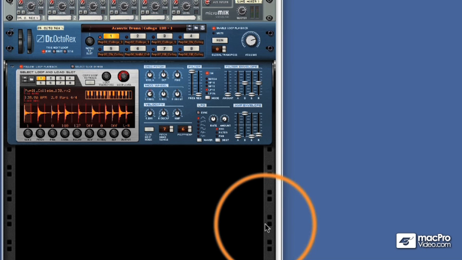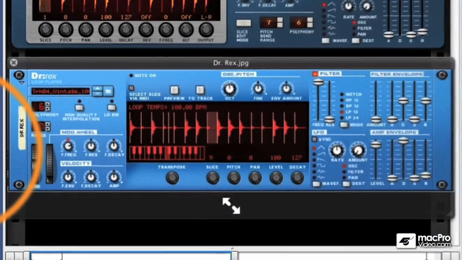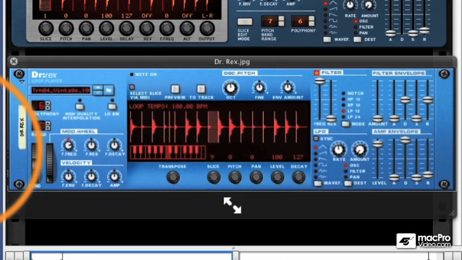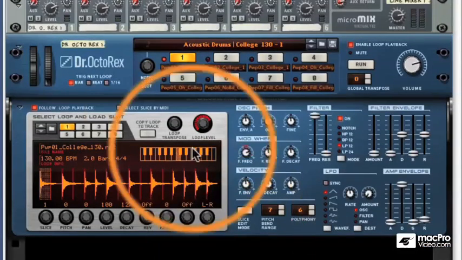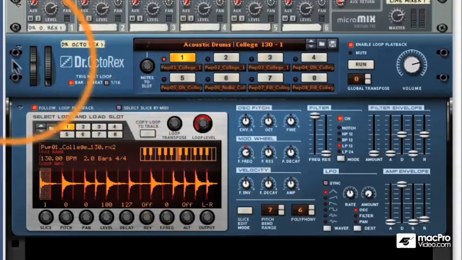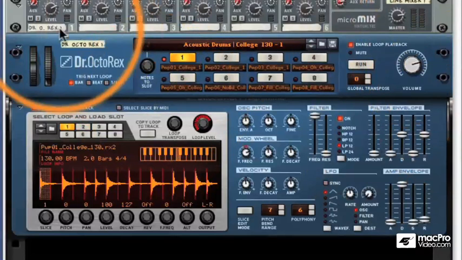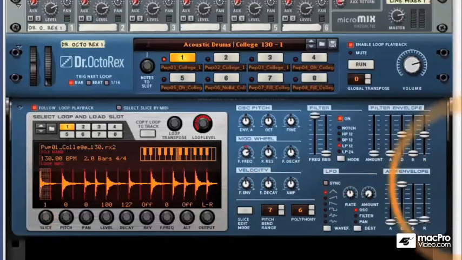In the previous video, I touched very briefly on the fact that the new Dr. OctoRex has a two-part interface. Now, quickly looking at the old Dr. Rex again, you can see that everything's packed into one panel. Now, if we look above it to the Dr. OctoRex, we can see that it's a different state of affairs, and we've now got two panels that clearly separate